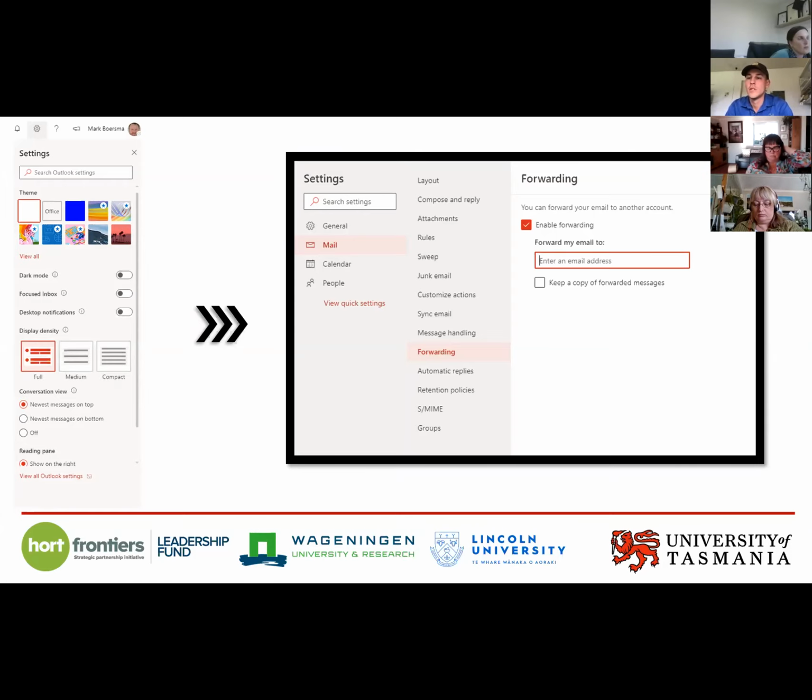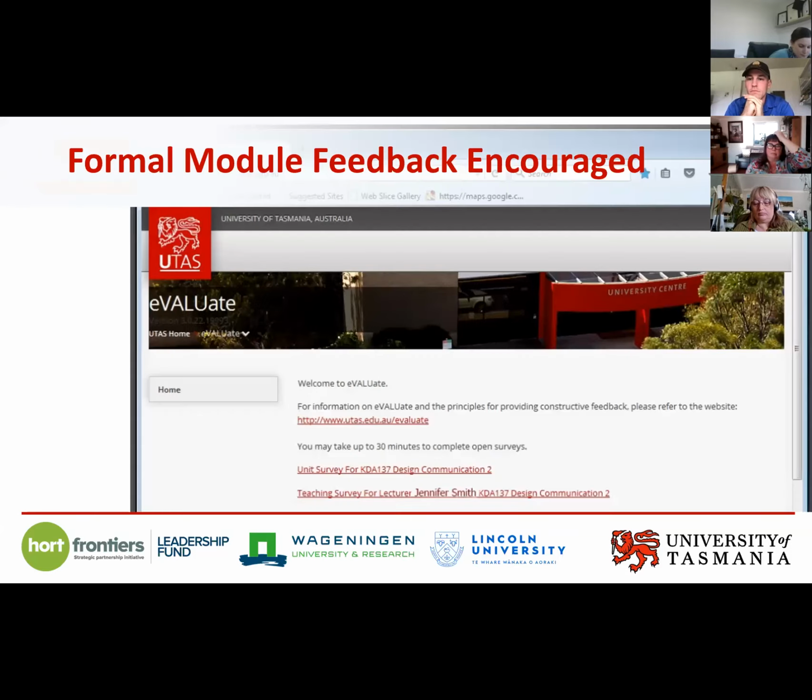You can forward that, and the way you do that is you go to Outlook on the web, which you can access through Milo. You click on the settings, the cog button, and then you go to view all Outlook settings, and in there you can select forwarding and set the UTAS email address to forward to your normal email address. Having said that, the university recommends that we don't do this because of security issues. However, if this is functional for you, I'll leave it up to you to make the decision. All right, almost done.